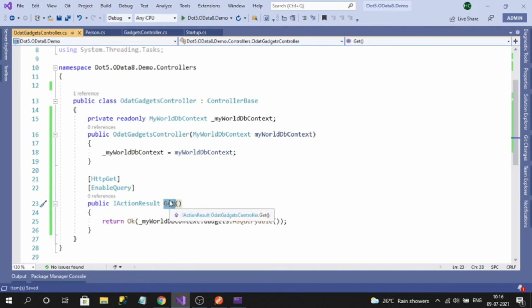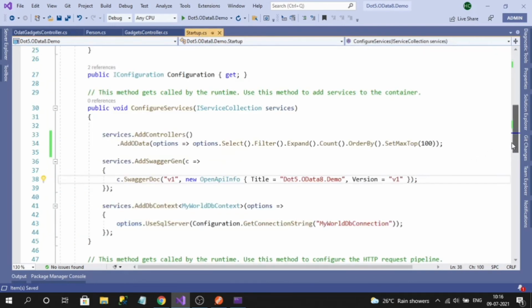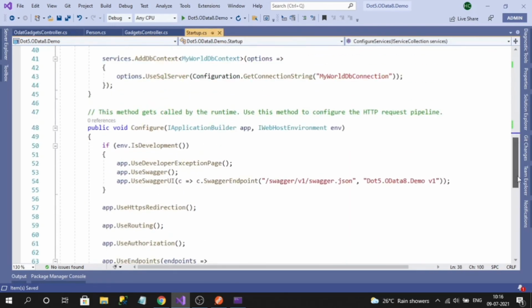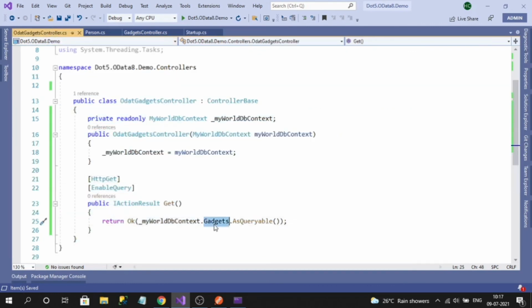Now what we have to do in startup. So this is my OData controller. This will be invoked by the OData route. So here we should use EDM, the entity data model. The entity data model in OData defines what type of response this controller handles. It will only be responsible for gadgets. These gadgets types should be registered in the OData EDM, so that OData can understand how to apply the queries on that response.